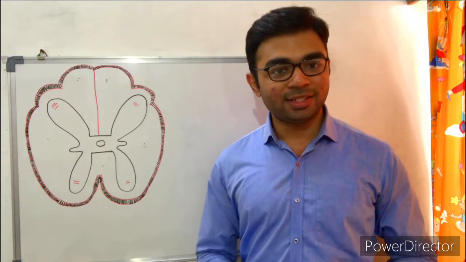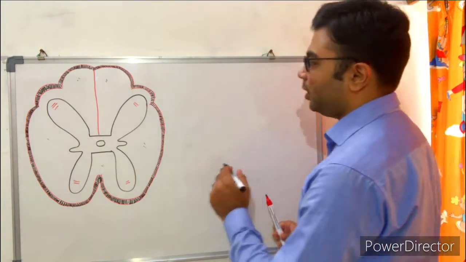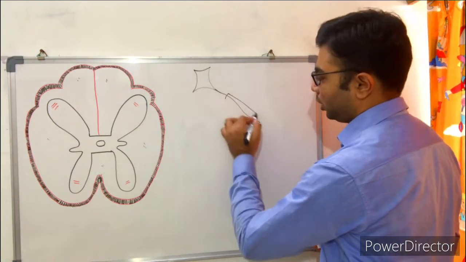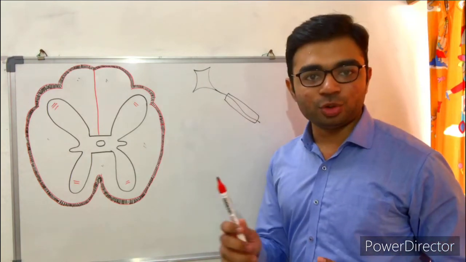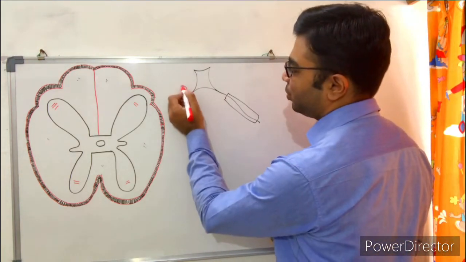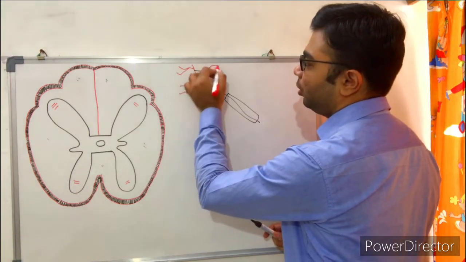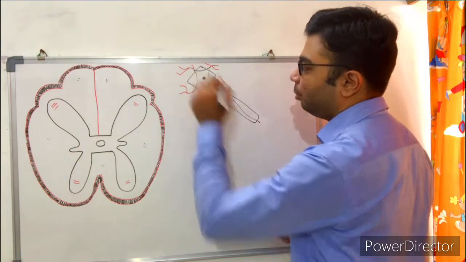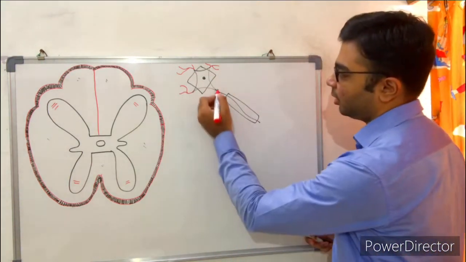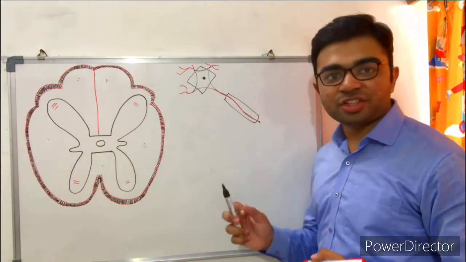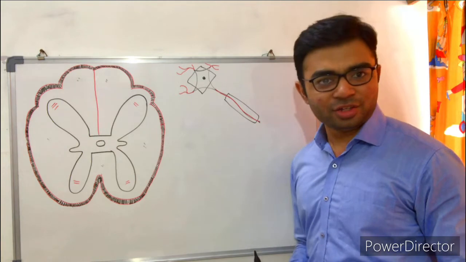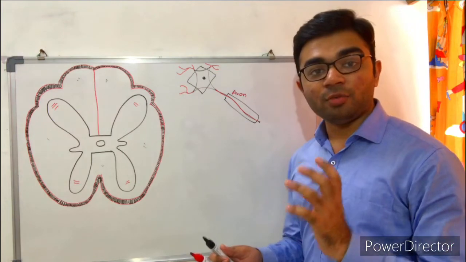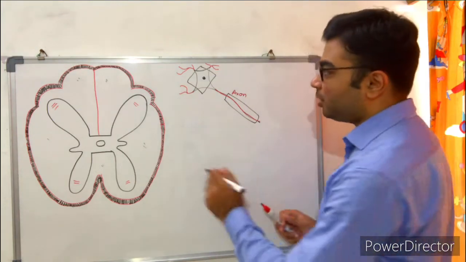The reason behind this is very simple. Whenever we see a neuron, we see this kind of a neuron. In this neuron, three different areas that we usually see. The first thing is the dendrites, which are present over one end of a neuron. Second thing is the cell body, this particular area. And the third area is this particular projection from the cell body, which is single in nature, that is known as an axon. So three areas are there, and whenever we observe this under a microscope, it appears as gray,